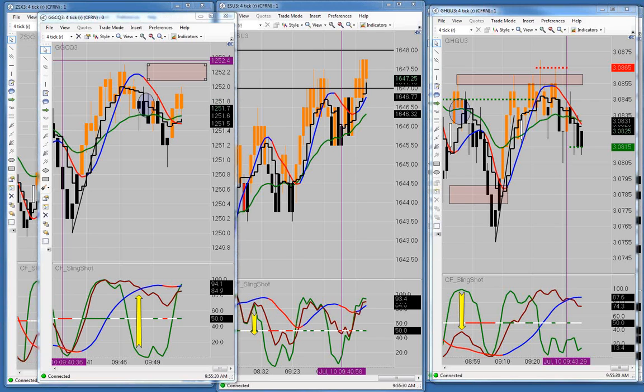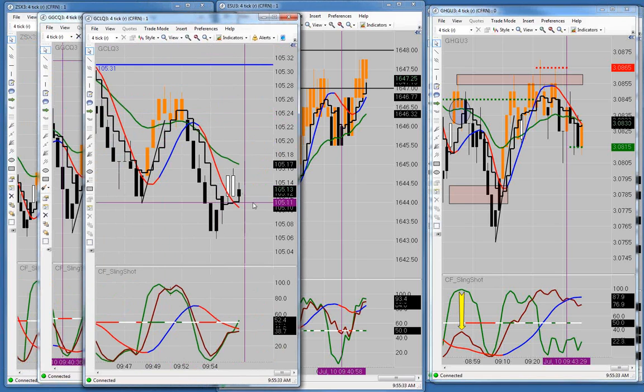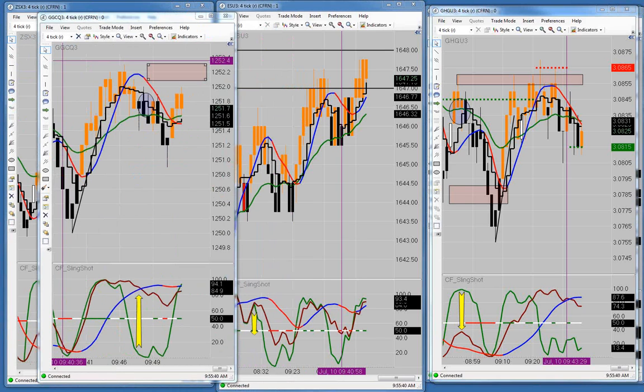The crude oil, we didn't end up getting into this trade over here. We didn't end up taking that trade over there. We don't have any divergence right now to take a trade. So that's what we're looking for. We're looking for a pullback up there with some divergence so we can get into a short trade on the